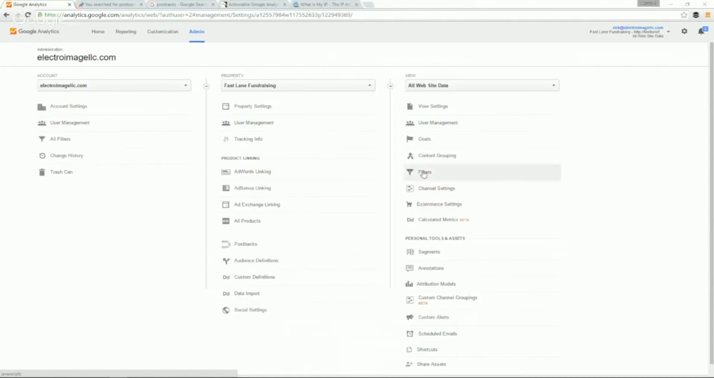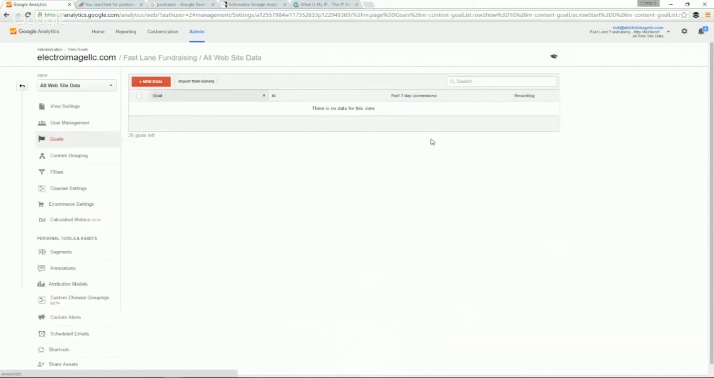Last thing, we're on this page again, and I want to go to goals. Now, if you're in an e-commerce situation, then you probably don't need to pay attention to goals too much. There are some advanced goals you might want to pay attention to as time goes on, but really your number one goal is revenue and conversions,